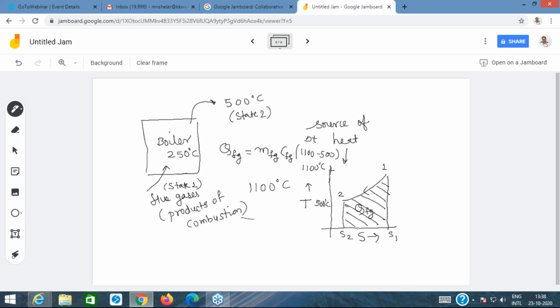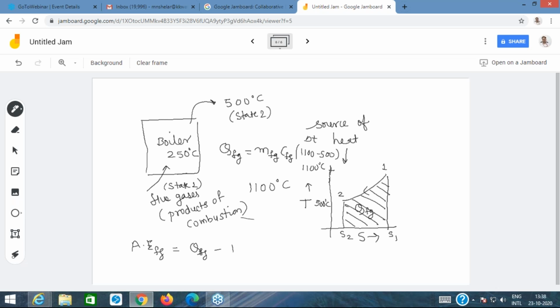How do I calculate its exergy? Exergy of the flue gases. This is the heat of the flue gases. So how do I calculate the exergy, or available energy, of the flue gases? Without going into the proof, let me tell you that this can be calculated as,